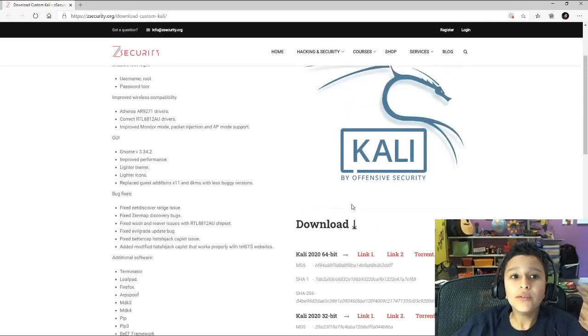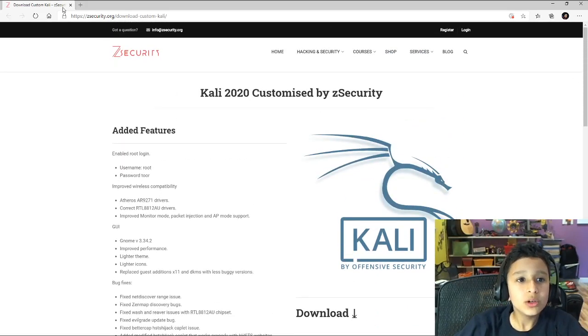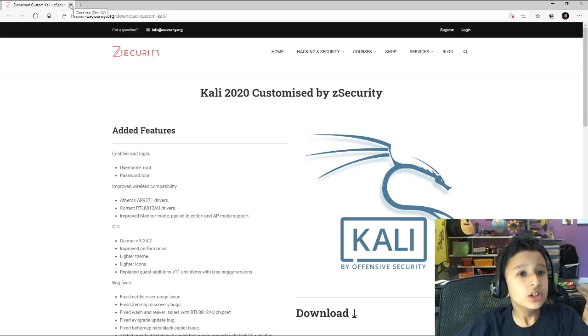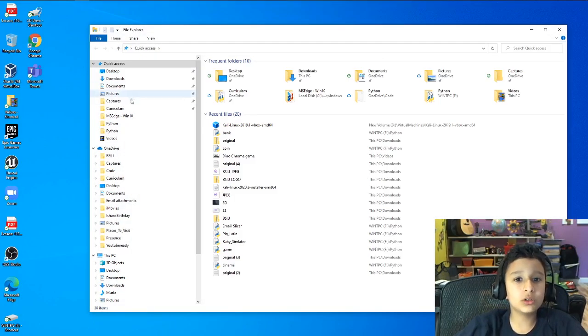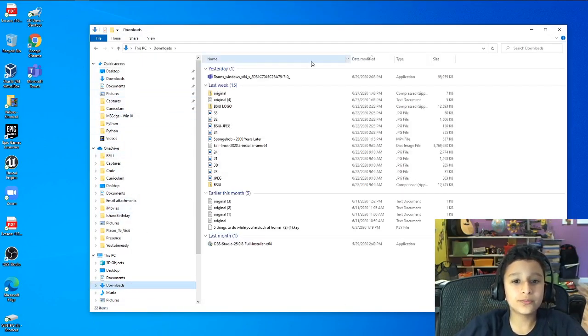And then once you have that installed, it's a pretty big package. You just want to close that tab. And then you want to go to your files, then go to downloads. And then you will see something that is called